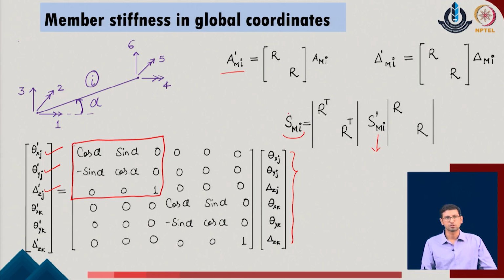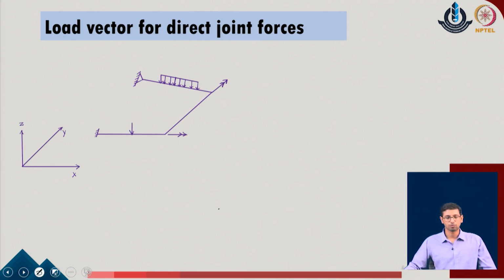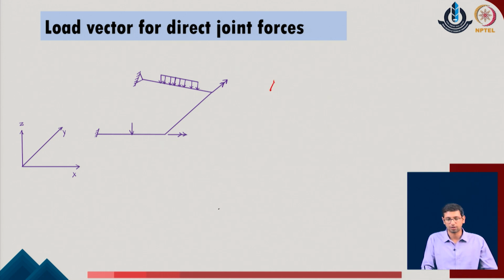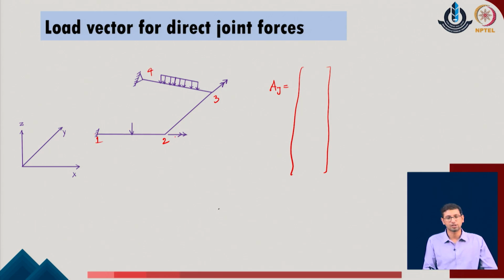Now, of course, this is done for an individual single member only. Once we are able to do this much, we understand that the remaining part of the calculations will be similar to what we were doing for the frame system. So we will quickly show how we do the remaining part of the procedure. This is a problem for the truss, the grid system, in which the loads which are directly active at the joints can be located. So we come up with each of the joints, say if I call them 1, 2, 3 and 4, and I define at each joint where the degrees of freedom are located.